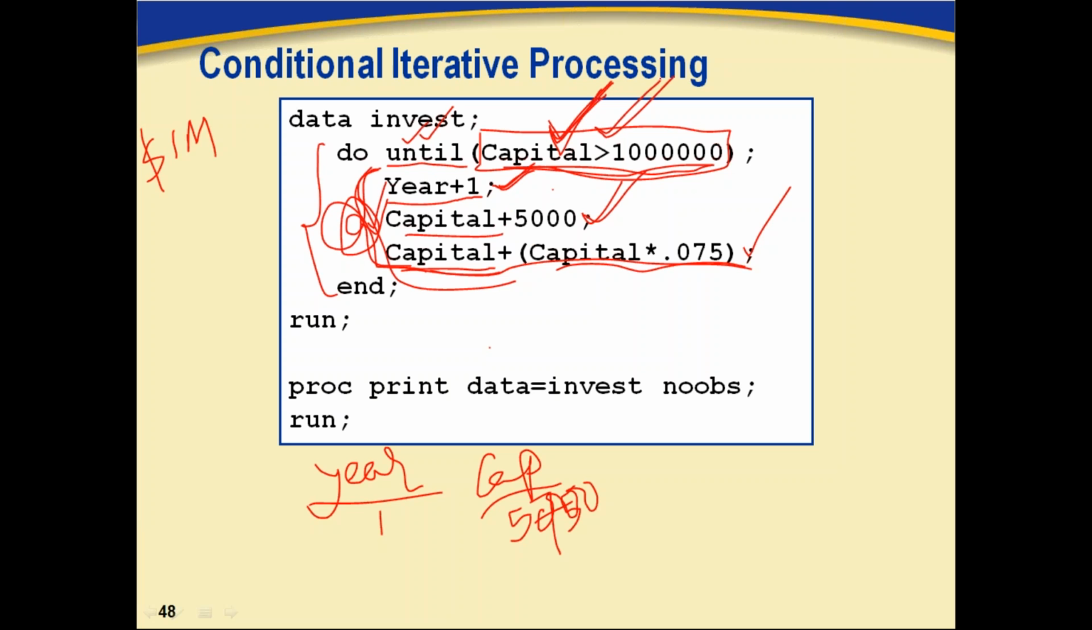Okay. What is the condition here? Whether capital is greater than $1 million or not. If this condition is true, then it will stop there itself. Okay, for example,